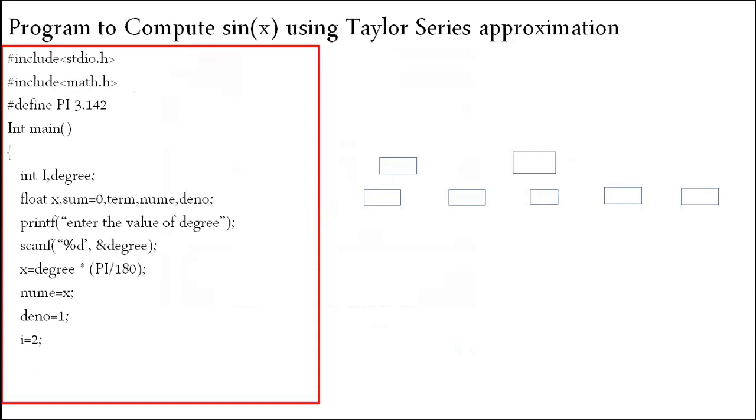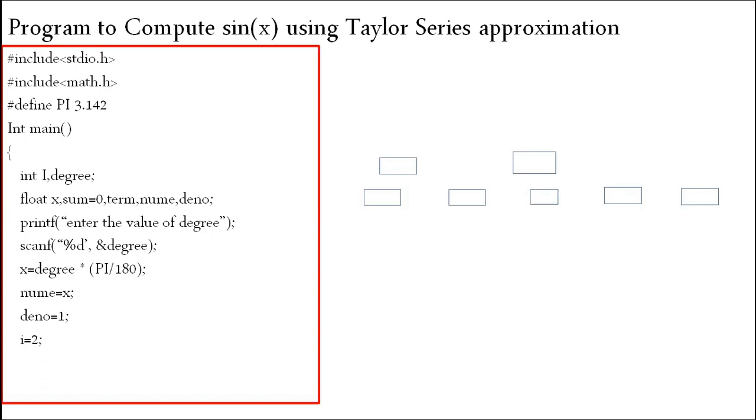So this is a library header file, where hash is a preprocessor directive. stdio.h is nothing but the standard input output header file. Again, I'm including one more header file, that is with respect to math. Why am I including the math.h header file? Because I'm using something called pi in my program. I'm converting degrees to radians, and I'm using one built-in function in order to compare the result values with my Taylor series program, or Taylor series procedure. So for all this, I'm using a mathematical header.